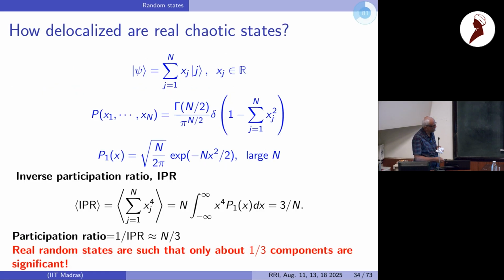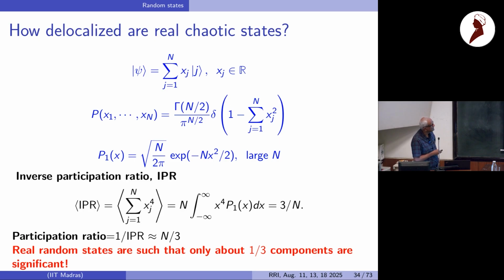Okay, and so we can ask, suppose our Hamiltonian or unitary operator is time reversal symmetric, then let us say that the eigenstates are real in that case, or they are typically then real. How can we describe these eigenstates? So you can take a basis which is time reversal adapted, and in that, these coefficients xj, which is this eigenstate of that unitary operator, will be real.